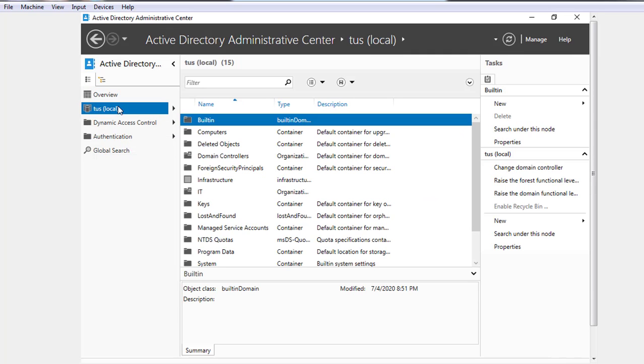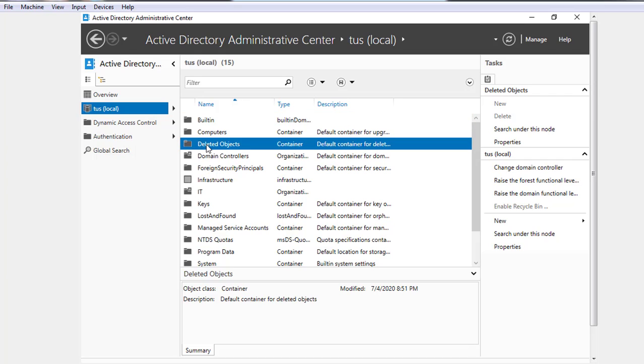Click on Local. Now after this, click on Deleted Objects.